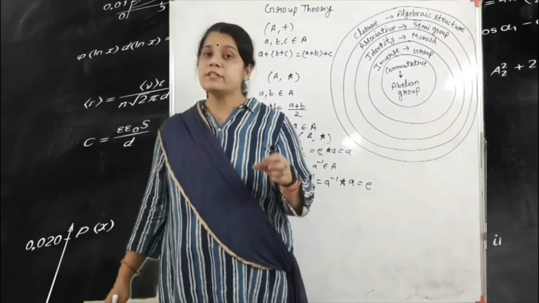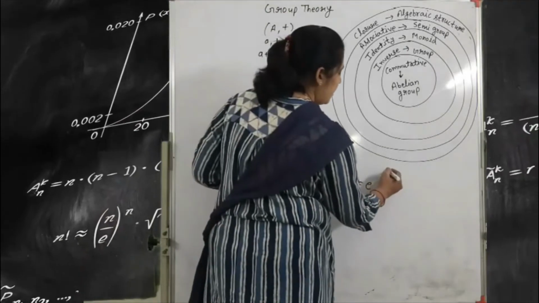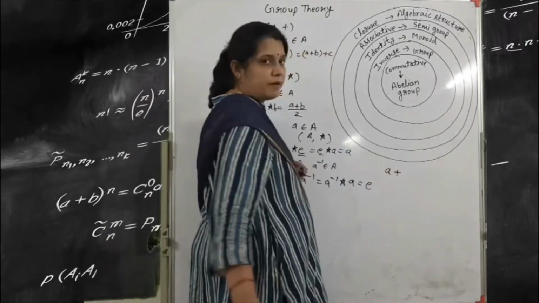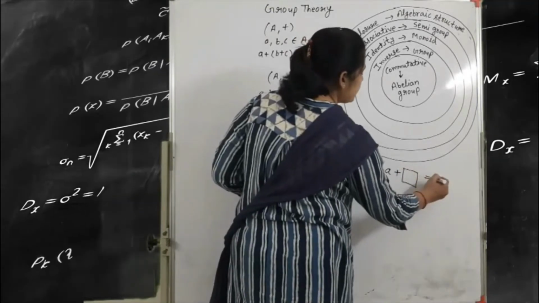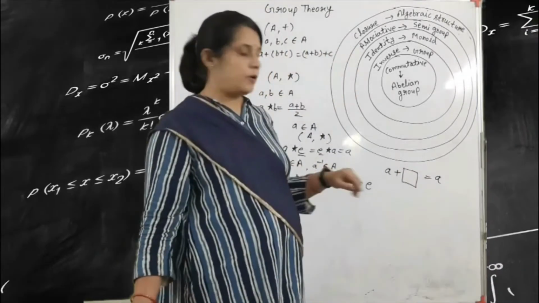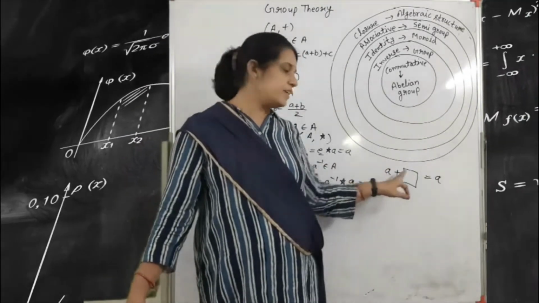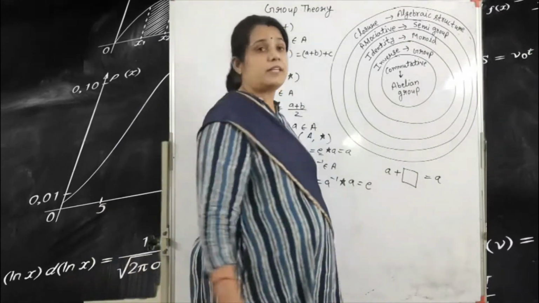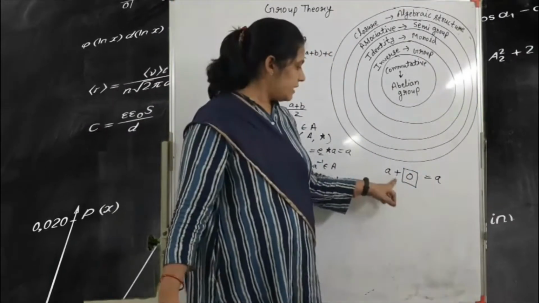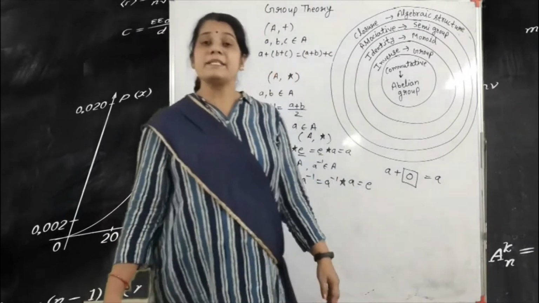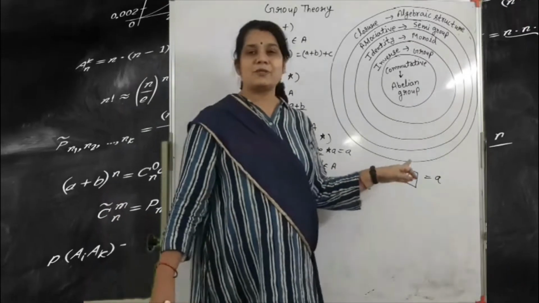Okay. So if we use the plus sign, that means, for example, we have A and the operation is plus. If we find out the identity property, that means which number we add to get A, so we get only A. Here we add 0 by default because A plus 0 is equal to A. That means 0 is the identity element with respect to plus.